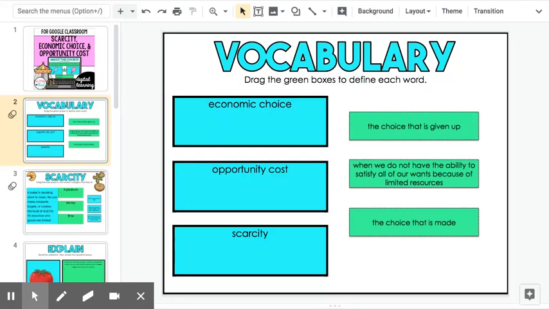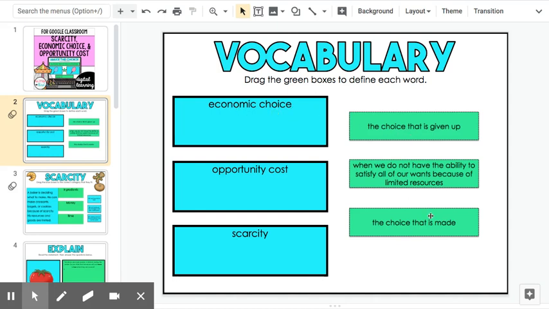Hey guys, so today we're going to learn about three different things. We're going to be talking about scarcity, opportunity cost, and economic choice. Now, these are very wordy words, so we're going to go over the vocabulary definitions for each one. So, economic choice